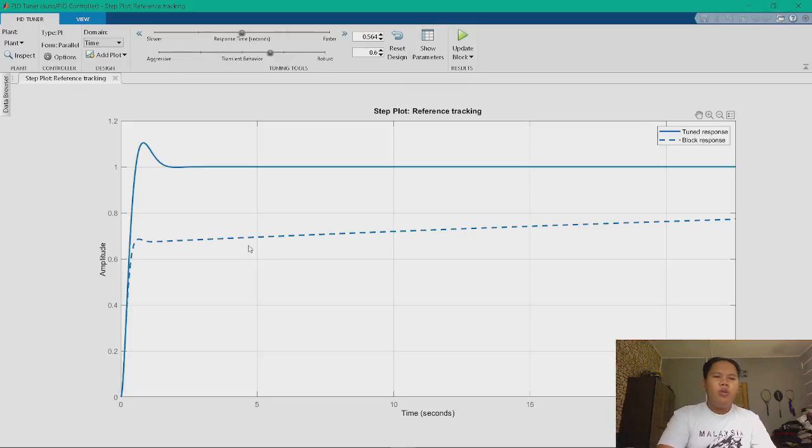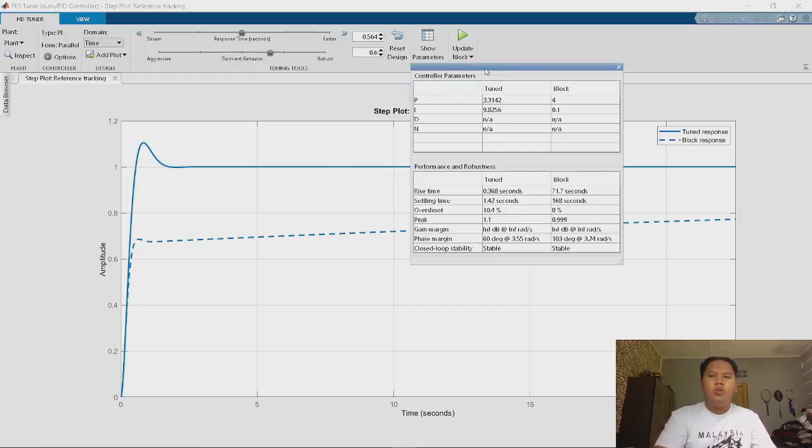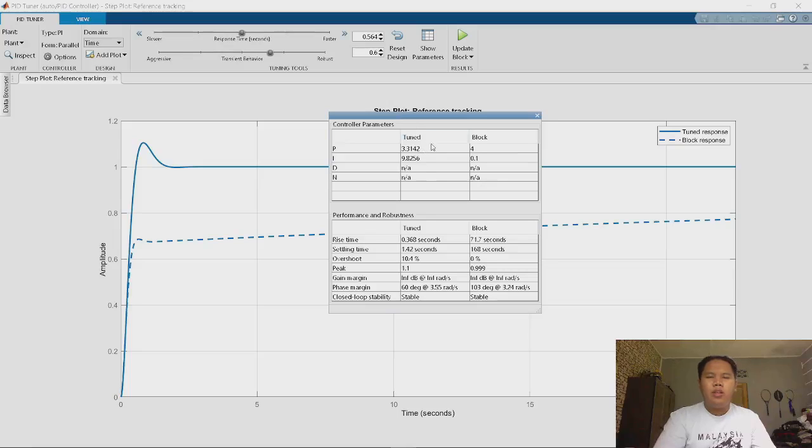So this below here is the previous graph if we use the value from the try and error, and this is the tuned one to show you how they change the PI. I will show you the parameter, and you can see here the new P will be 3.3142 and the new I will be